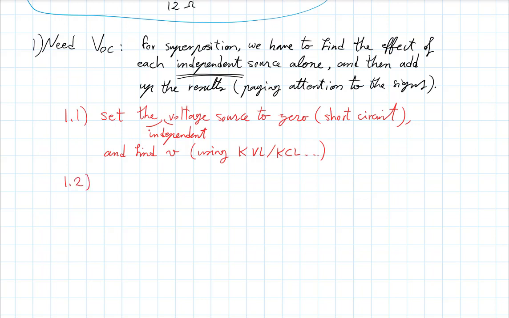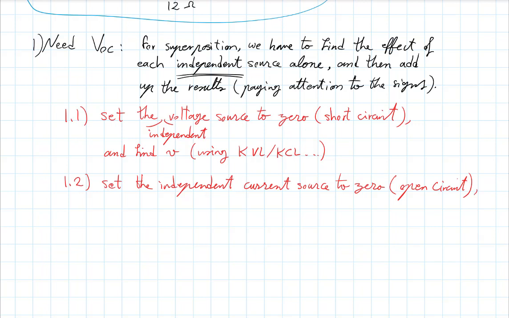Step 1.2 would be to set the independent current source to 0, which in this case means open circuit. For a current source, it means open circuit. And find V. And the third would be